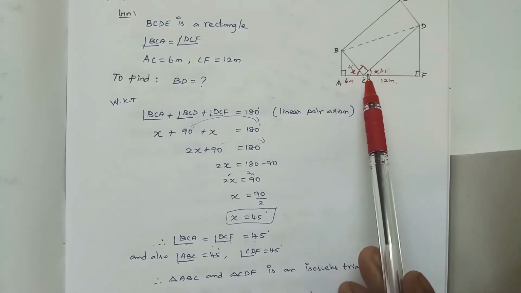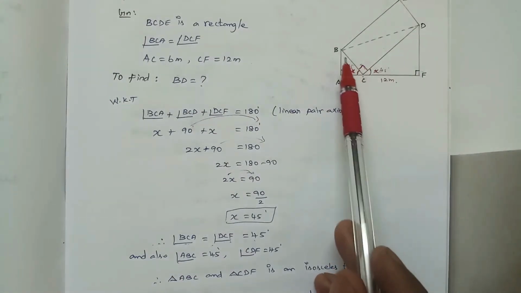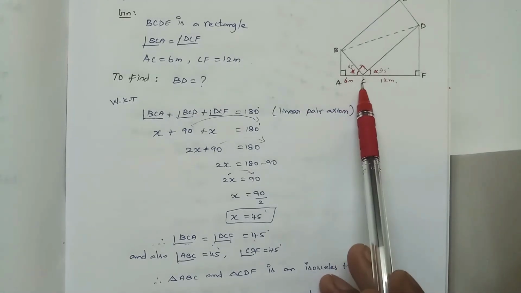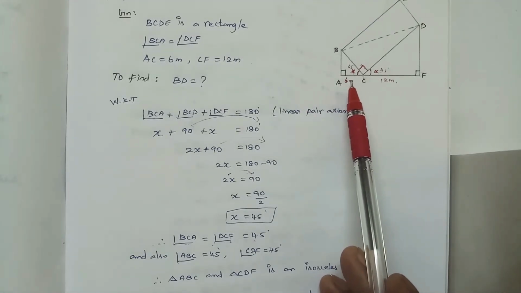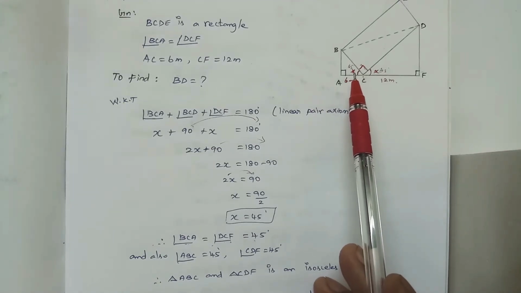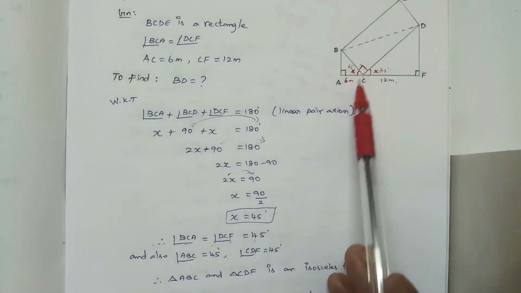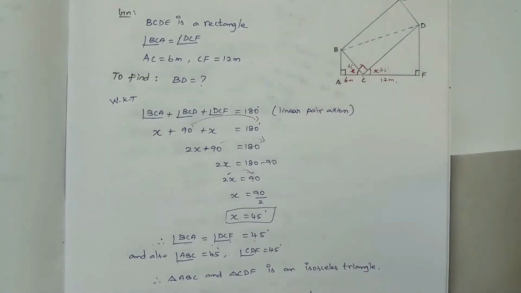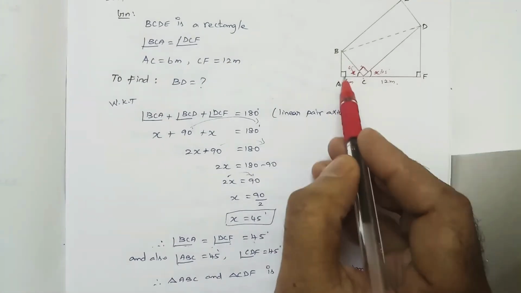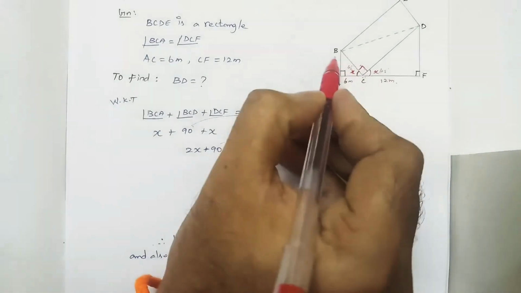How are we going to find it? We have only one side. Suppose ABC is a right angle triangle, and we know the side AC. I told you already. If you want to find a side of a right angle triangle, at least we need to know the lengths of two sides, but we know only one side. Now I'm going to find the second side, then by using the Pythagoras theorem property, I'm going to find the third side. Very simple. This is a right angle triangle. You see that this is 45 degrees, and this is 90 degrees. And what is the angle of B?